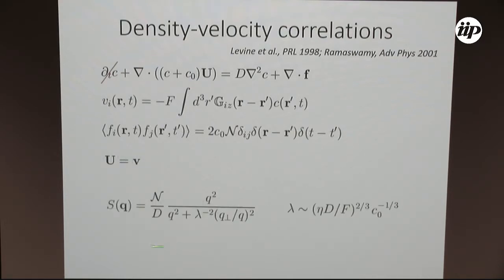And this theory does give you hyperuniformity. Alex Levin and co-workers calculated the structure factor, and as q goes to 0, it goes like q squared. So indeed, the suspension is highly uniform. And they get the same screening length that I got with this hand-waving argument. But you don't need more than that.